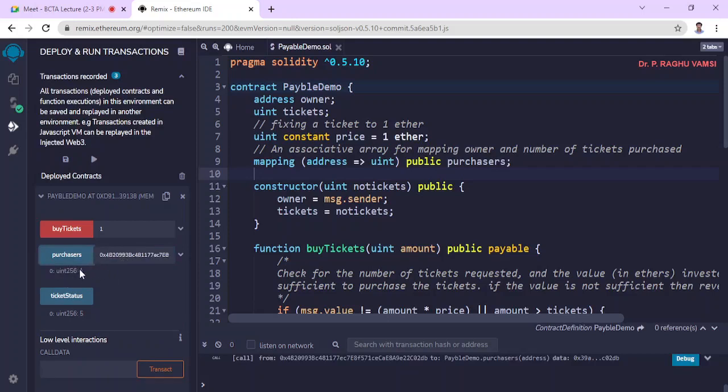So 1 ticket was purchased. Now if you refresh ticket status, the whole thing is refreshed, and 4 tickets are there. So this is the way things work.